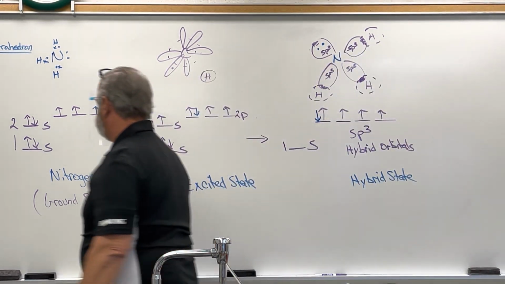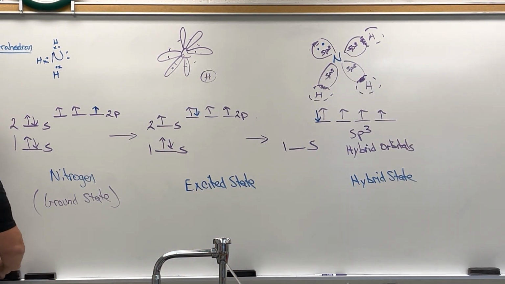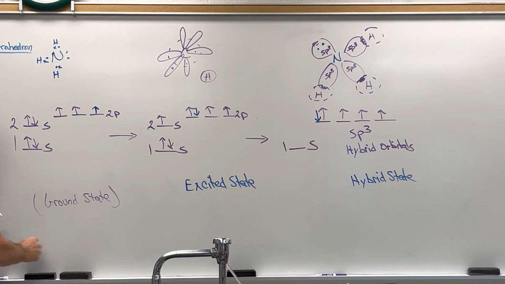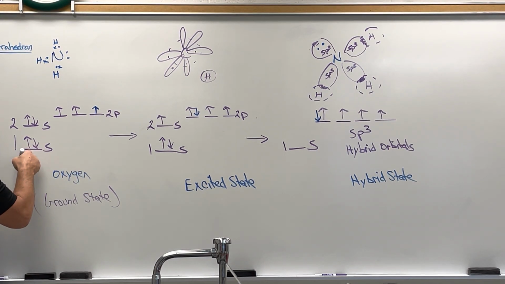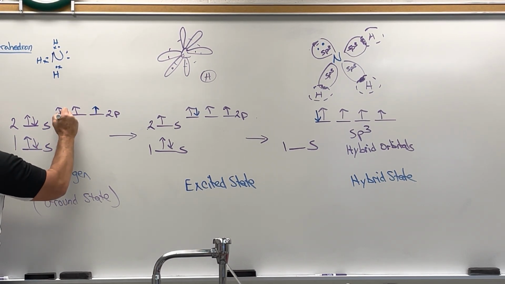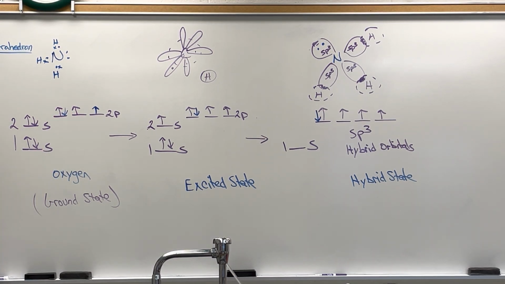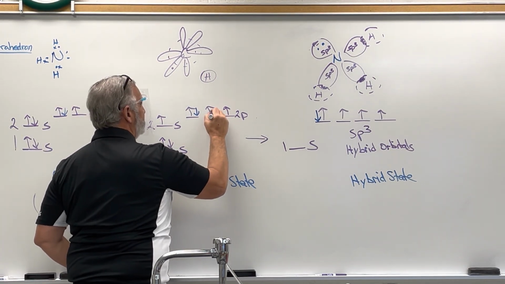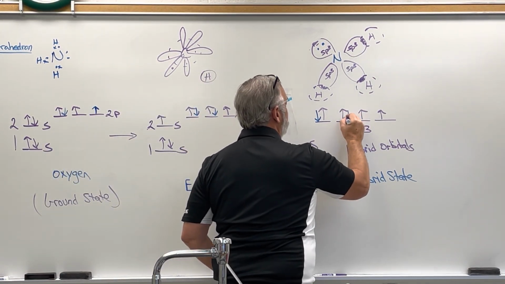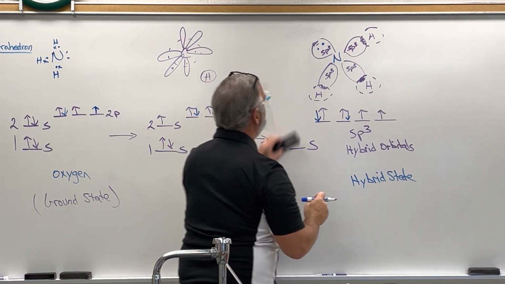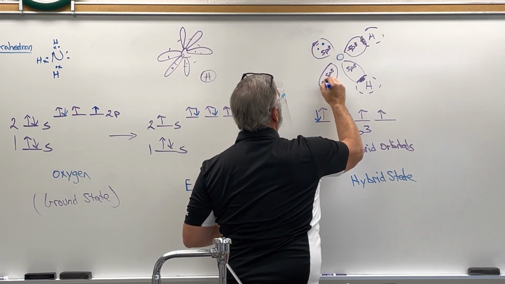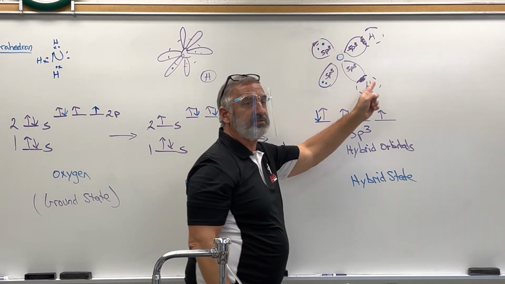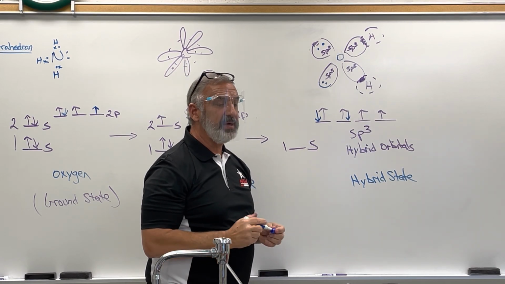Let's do one more of this one. Oxygen. How many electrons does oxygen have? 8 total: 2, 4, 5, 6, 7, 8. So again, when it goes to hybridize, the excited state here, we're going to do the exact same thing. Oxygen is going to be here. This is going to now be another lone pair, and then we have the 2 hydrogens. Water is a bent molecule